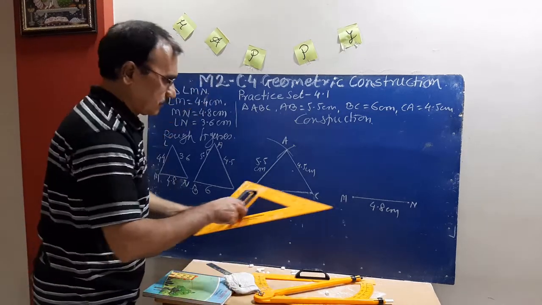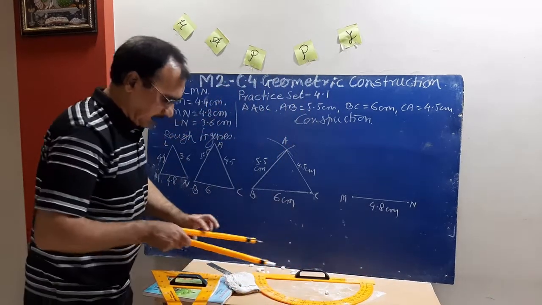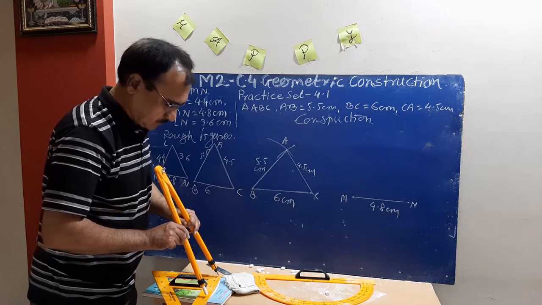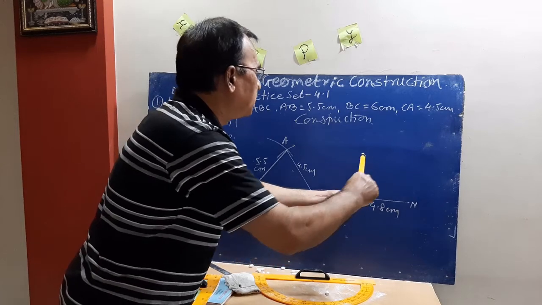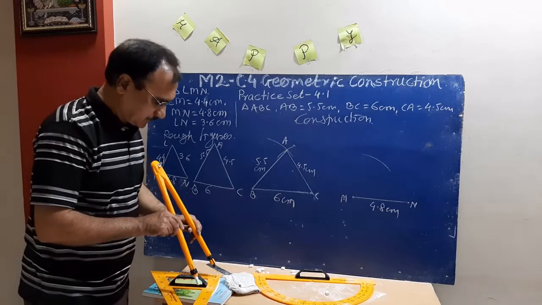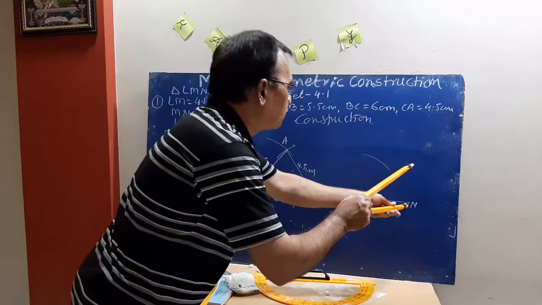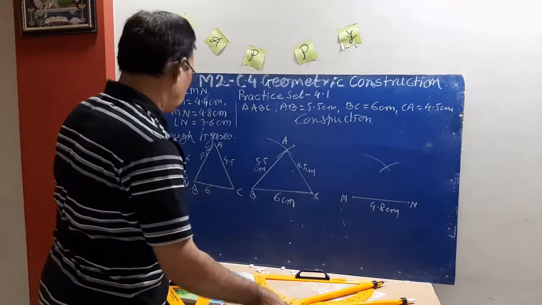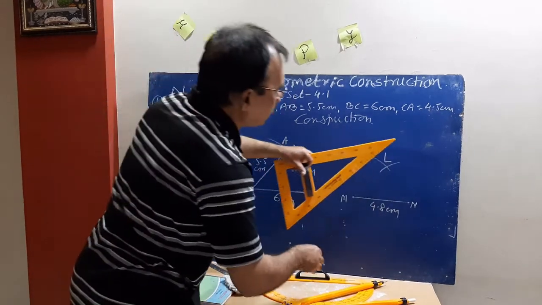4.4. Take radius 4.4 with the help of a scale, put your pointer, draw an arc here. Then 3.6, put your pointer on N and draw an arc which intersects the first arc, and here is vertex N. Then if we join these points,